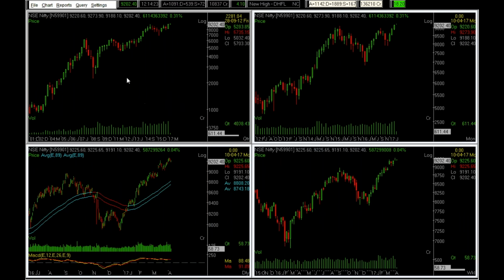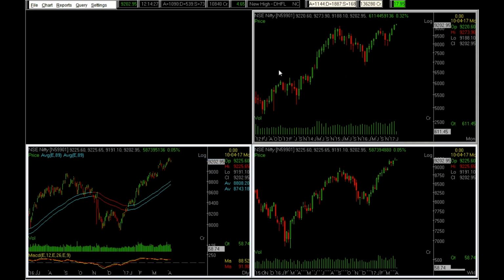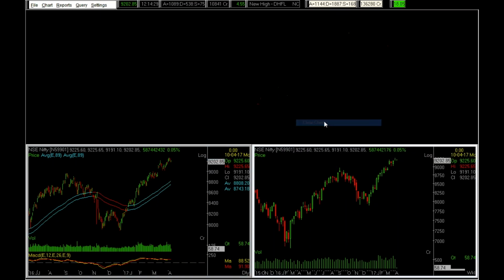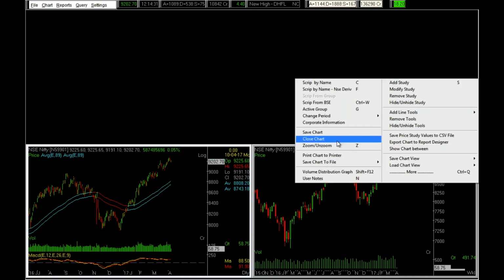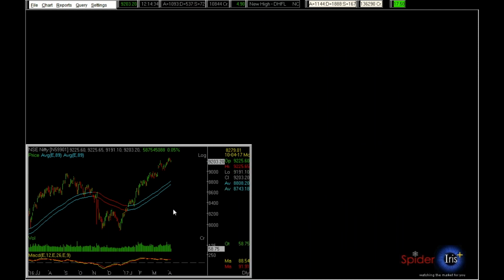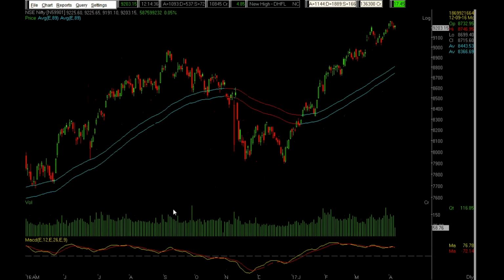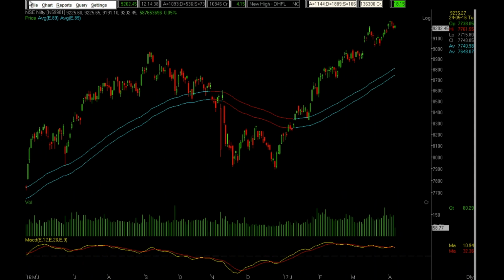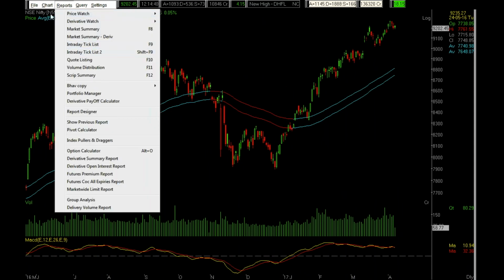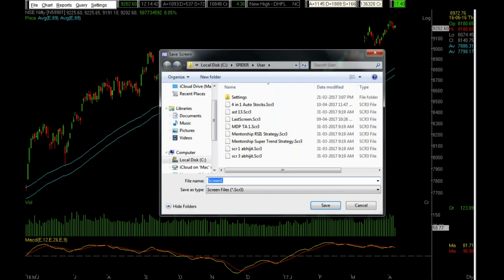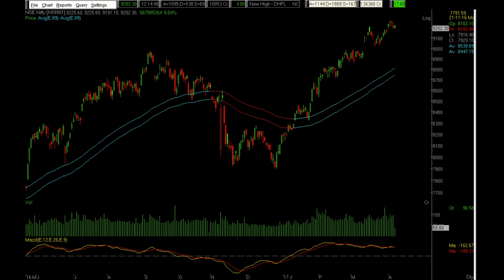So what do I do? I click on the body of the other charts, right click, close chart, right click, close chart, right click, close chart. Done with this. Now I Z it and it's zoomed out. Now I have only one chart, save screen, and let's say you give it a name, 89 EMA and MACD. Saved. Now you can open any chart